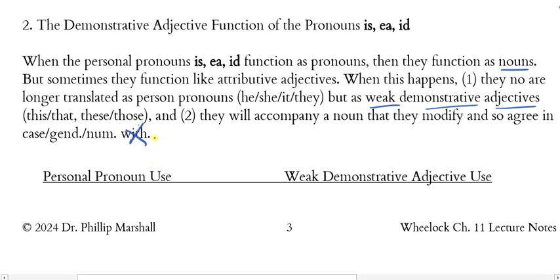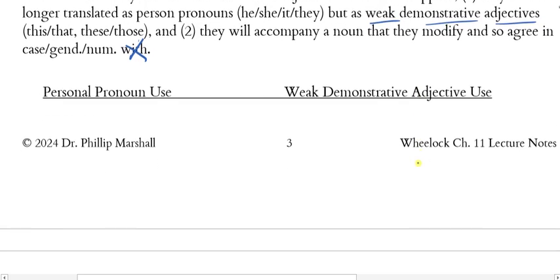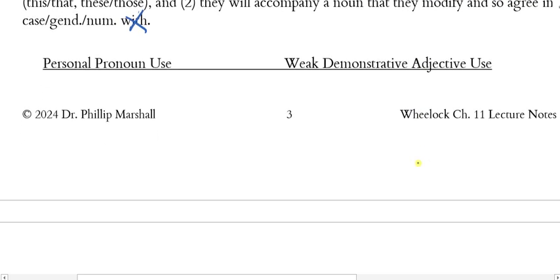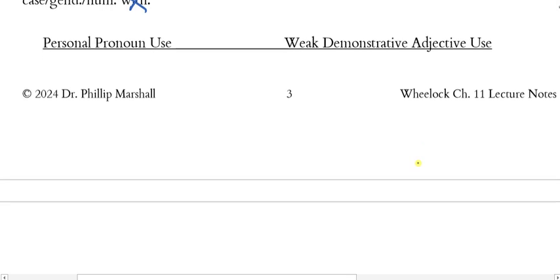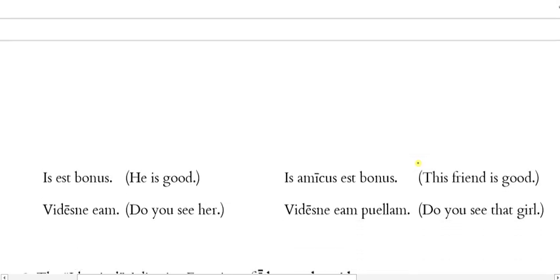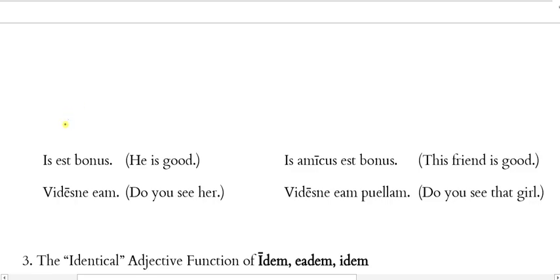I have no idea what that is. That must be a little typo. Okay, so, oh boy. This is supposed to be on the next page at the front of the top here. So, personal pronoun use, and then weak